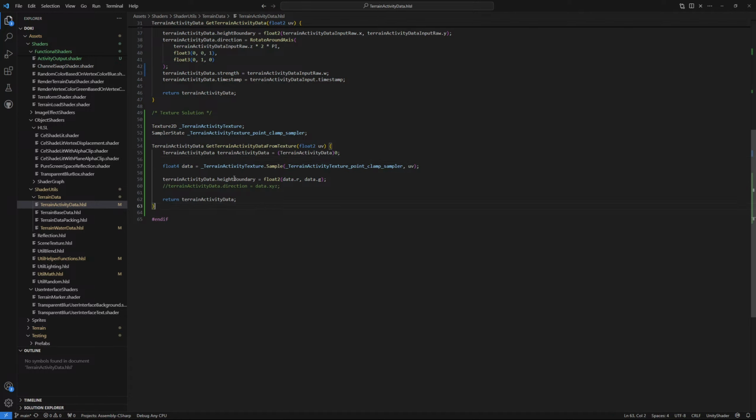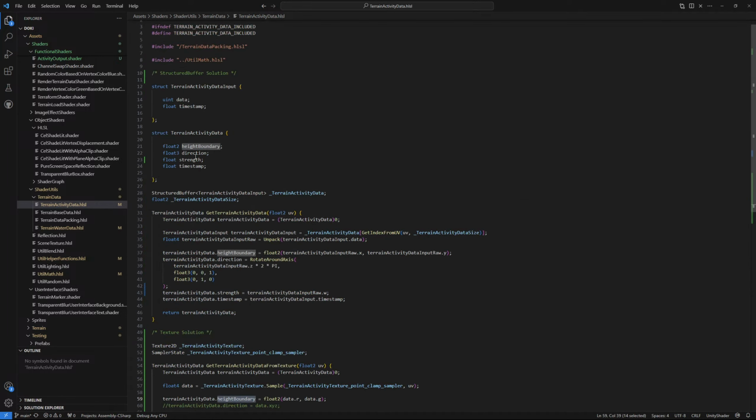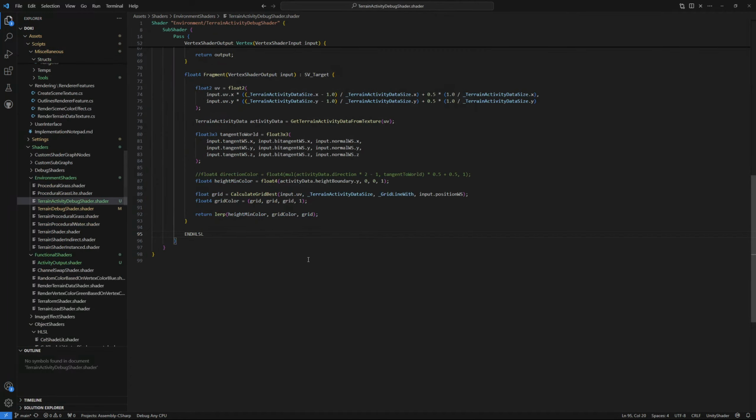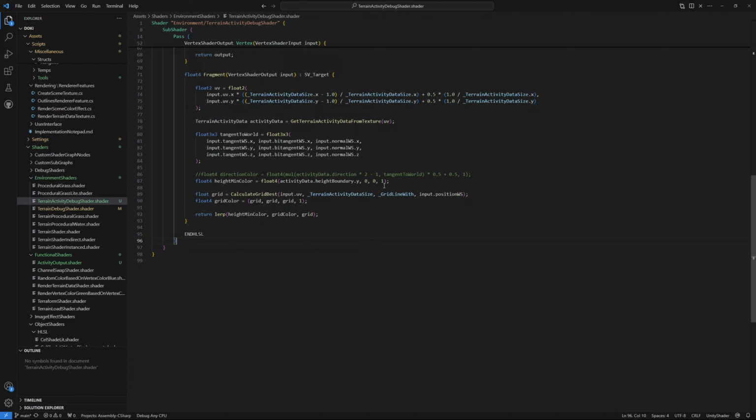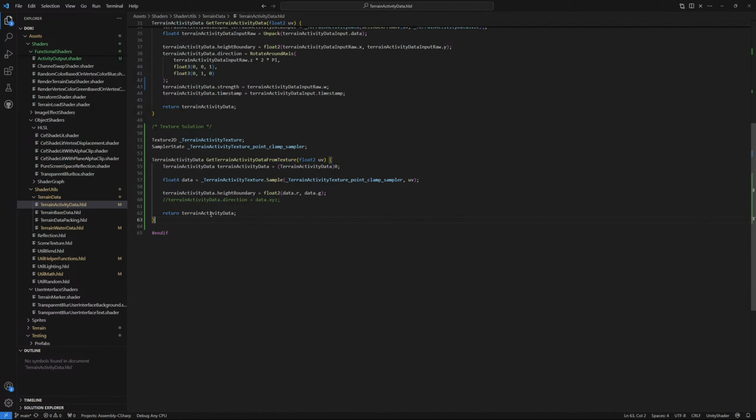Data. Our height boundary RG. Yeah, that's good. Height boundary, direction, and strength. Height boundary, let's do, so terrain activity data direction is equal to